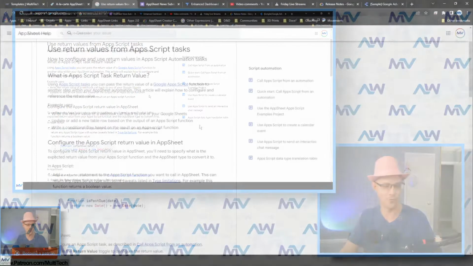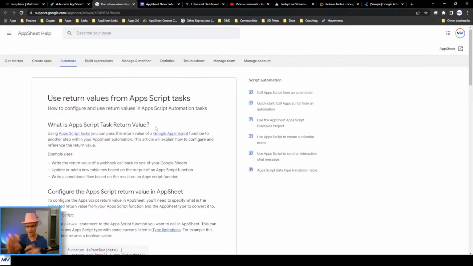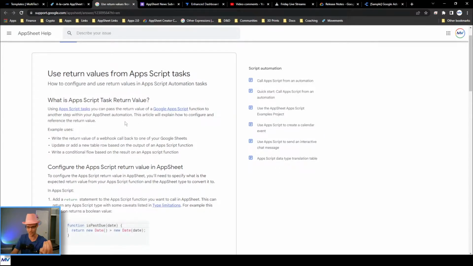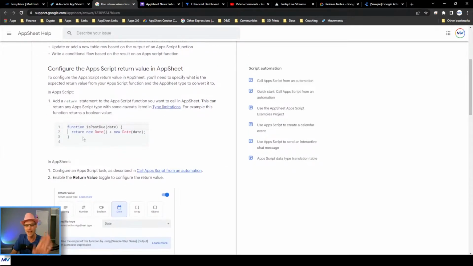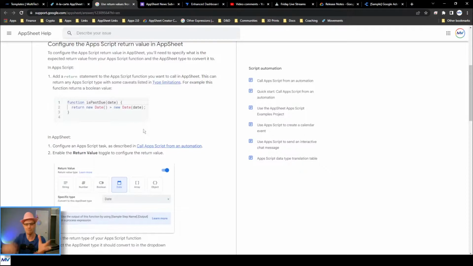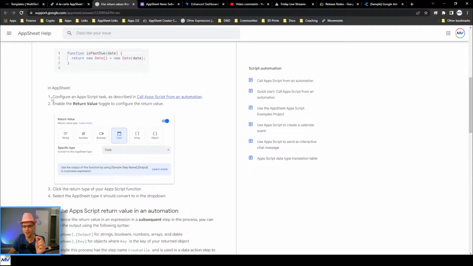So if I just run through the documentation to give you a taste of what this can do, say I've got a function where I pass it a date, and then I return a new date that's greater than the old date. So I pass it something and it gives me something back. That's the function, right? Okay, now in AppSheet,